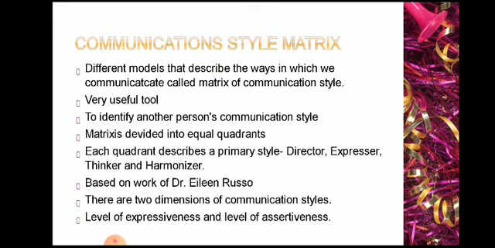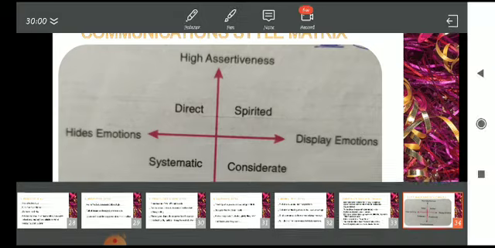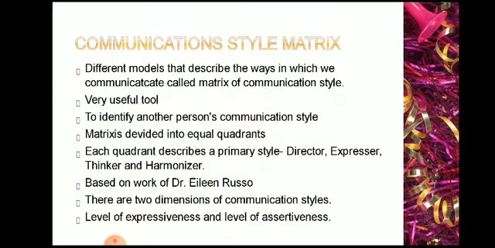First, if we divide the matrix into equal quadrants, that means four parts. There are four parts. See, 1, 2, 3, 4. These four parts describe the primary styles: direct, expressor, thinker, and harmonizer. So four styles are there. Then